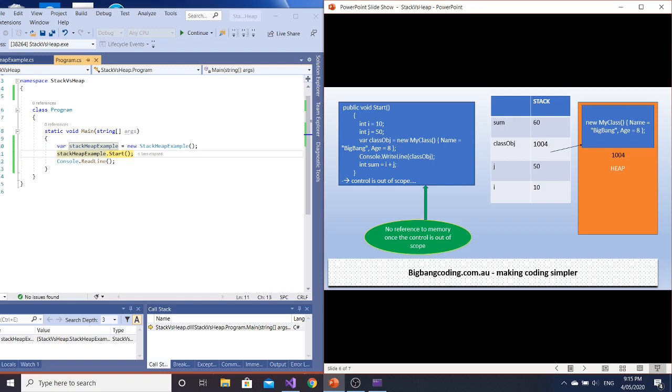So this is a very core concept where we can differentiate how a primitive variable goes on the stack and how non-primitive variables like my class or string go into the heap. This is the basic difference.